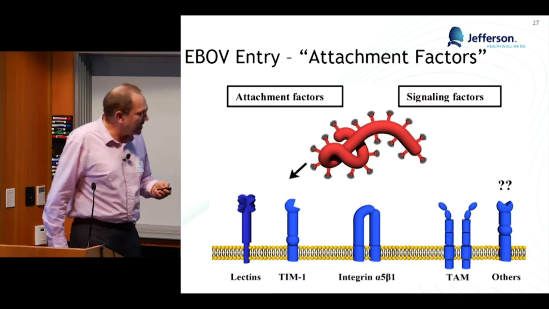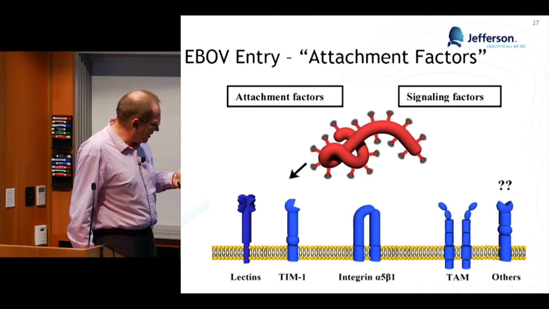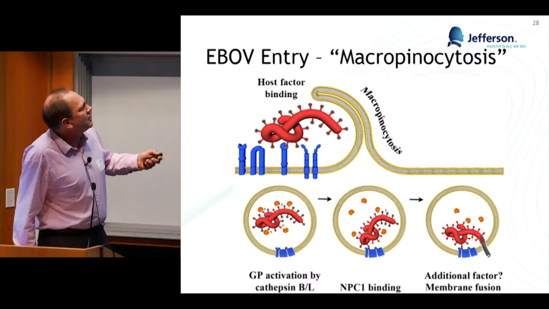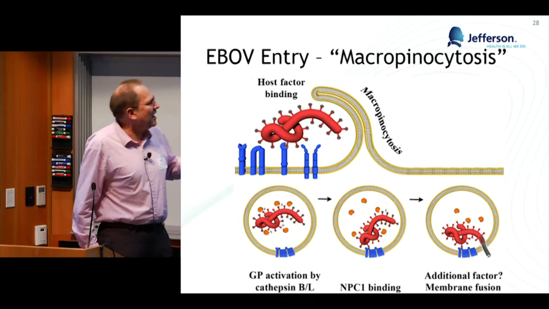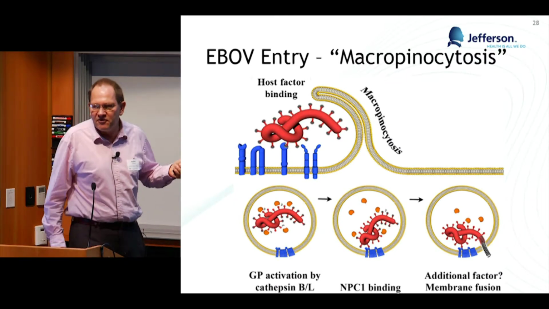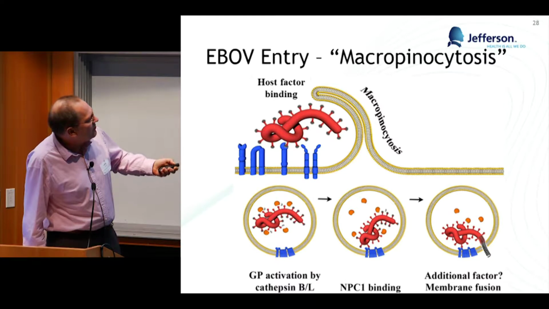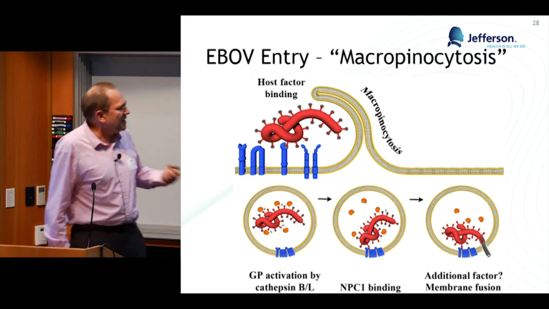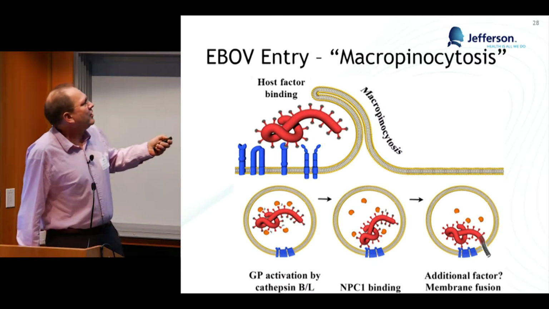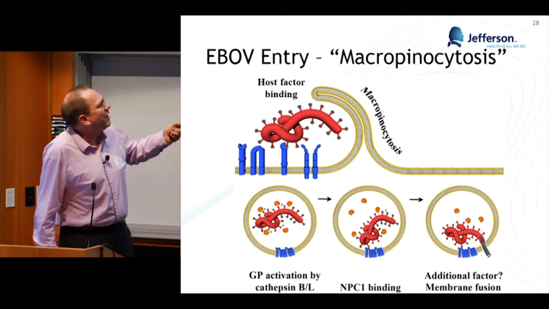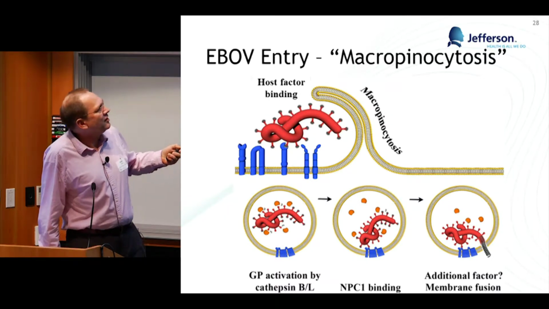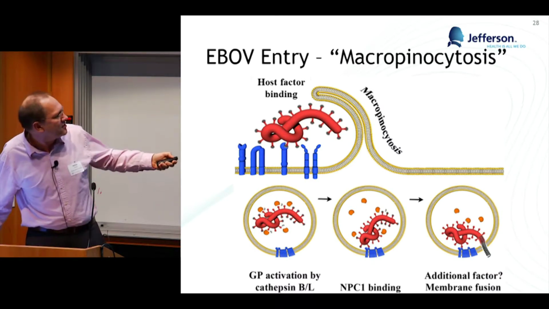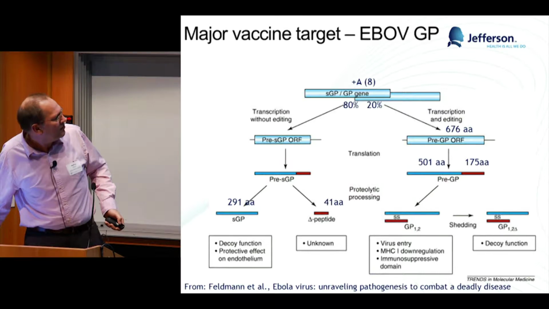So this I really can skip, because Erika already told you all about the receptor and the macropinocytosis, which I think is interesting by itself, because that's not how viruses normally enter. And you need this cleavage shown here, and it's actually the NPC1, the only identified receptor, which is essential. This other one here, the initial host factor binding, that already tells you host factor binding is not very specific, they are all replaceable. So that's really the important binding.